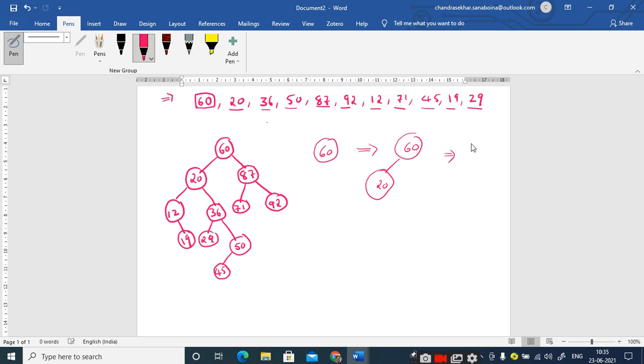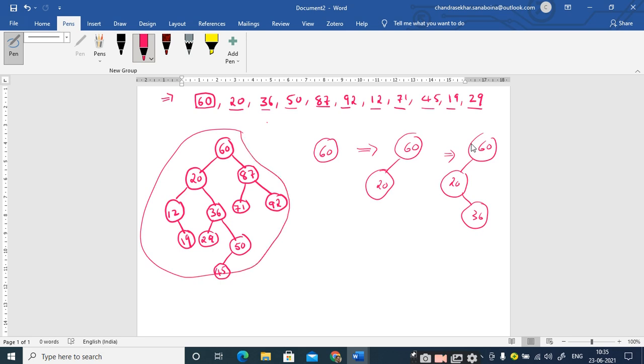After this, 60 and 20 are already there, and 36 you have like this. Like this you have to do it in a step by step manner, and every step should be explained with your own words. If you draw like this, you won't get any marks. Forget about marks, this is not the correct way, right? So every step you should explain in your own words, in this manner: step 1 followed by step 2, step 3, like that. Everything should be done like this. Is it clear up to this point?